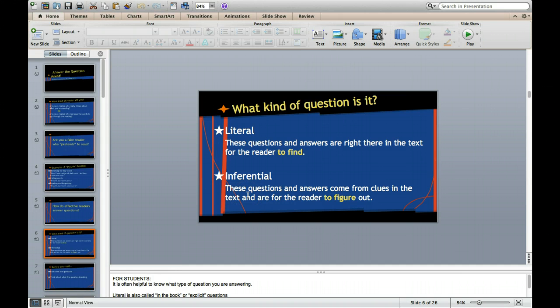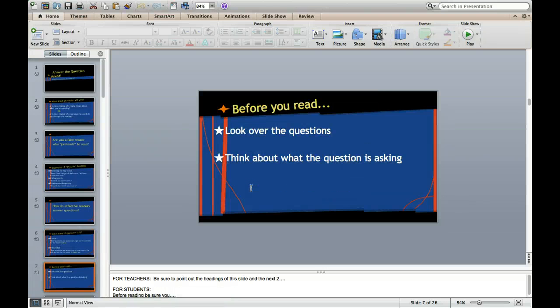On your QRI, you'll either have 8 or 10 questions, and half of them will be literal and half of them will be inferential, which means you need to know how to look in the text and write down exactly what the text tells you, or you need to think about and figure out a reasonable answer to the question. Okay, so I'll give you examples in just a bit here.